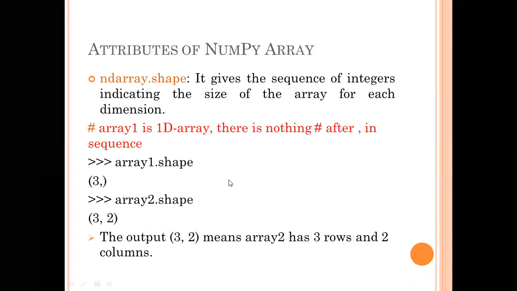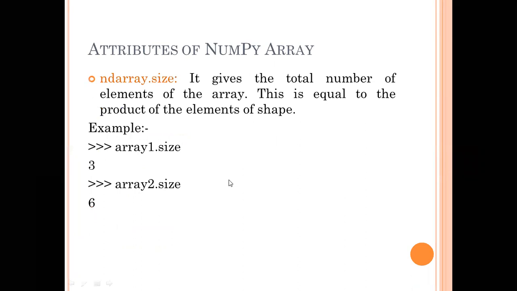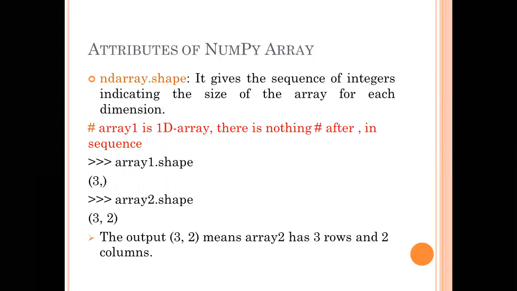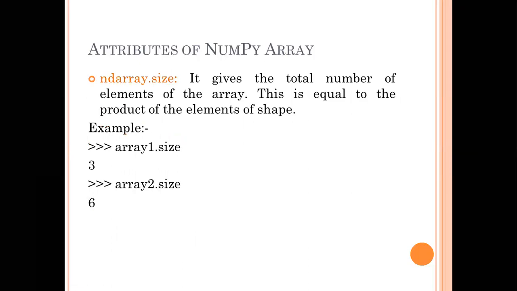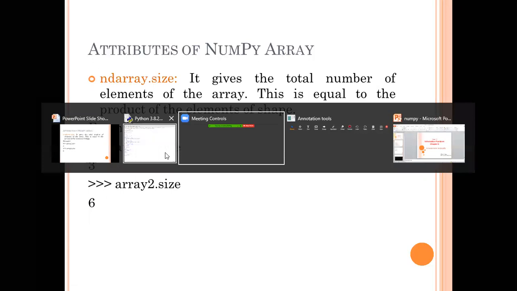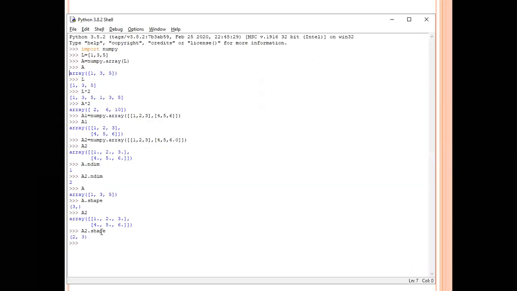Next one, size. It gives the total number of elements of the array. Okay. The shape will represent the row and column, how many elements in row and column, and the size will show the total number of elements of the array. I write a2.size. It is 6